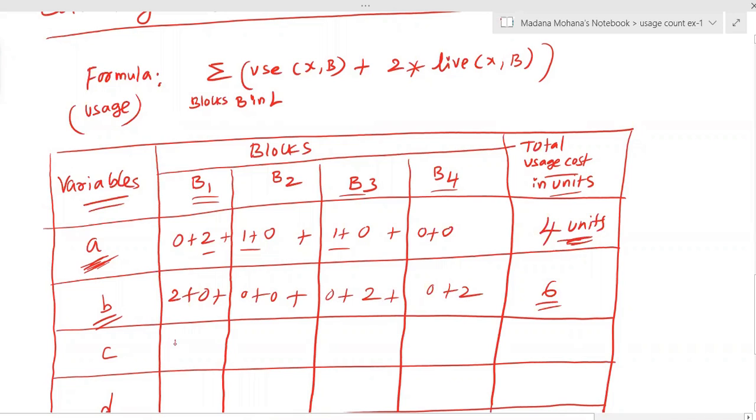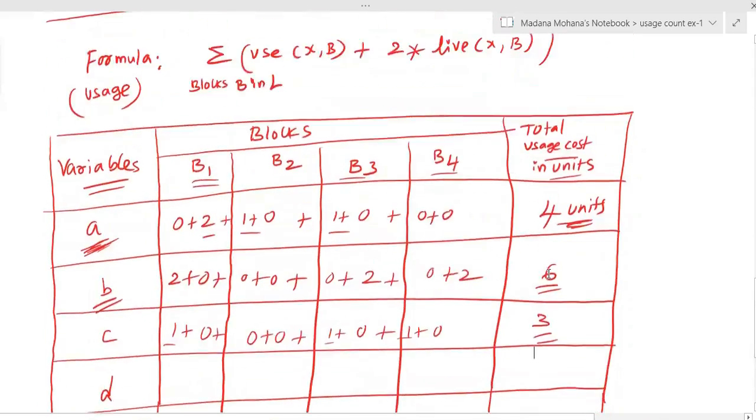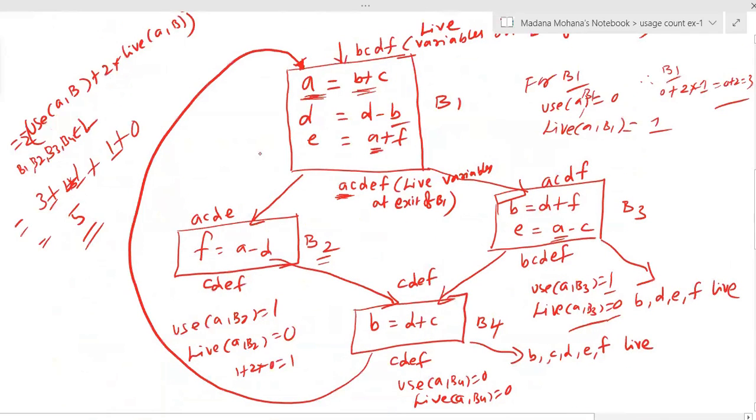Similarly for C, the use is 1, the live is 0 plus for block 2 both use and live are 0 plus for block 3 use is 1, live is 0 plus block 4 use is 1, live is 0, and total 1 plus 1 plus 1, total cost is 3. Then similarly D, for D let us check once. For D in block 1, so D is used 1 time, but D is assigned some value, so use is 0.